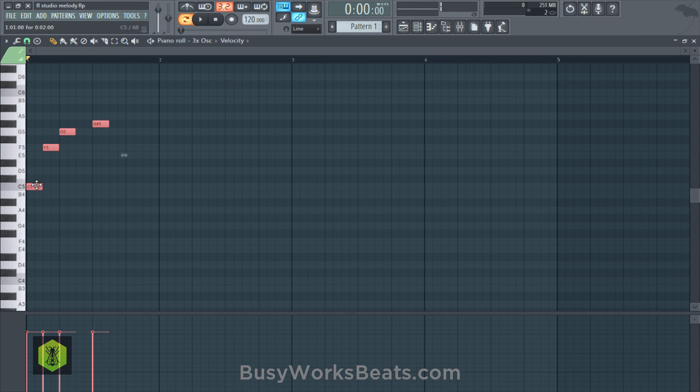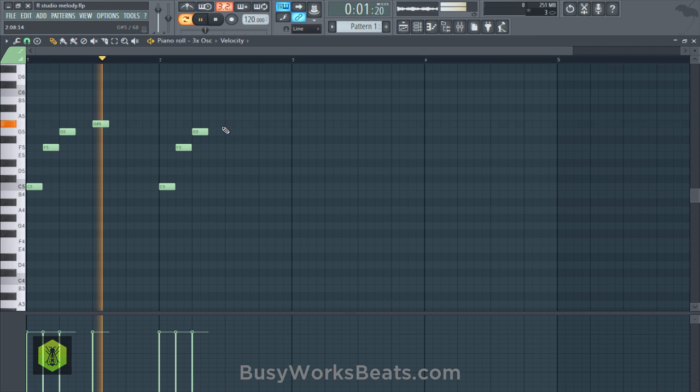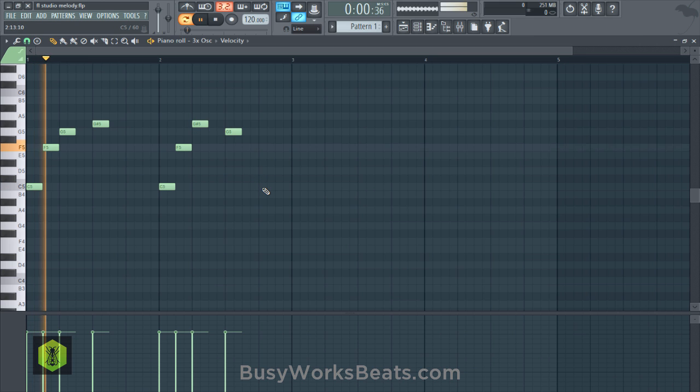Now I'm going to copy that same shape. I'm just going to copy it and move it over, but then change the note value. So we're going to swap these notes from G. I'm going to swap that to G sharp, and G sharp I'm going to pull down to G. So they flip sides.